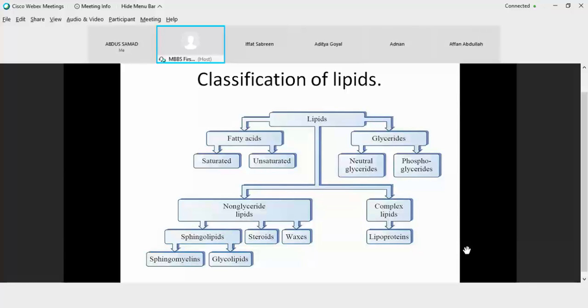So packed stacking of a number of fatty acids is not possible. Inside our plasma, we do have free circulating fatty acids, but the number is very low. Now here comes another very important function of albumin.